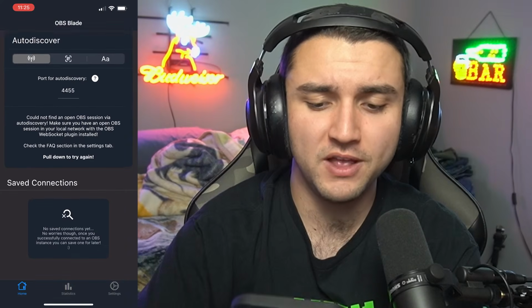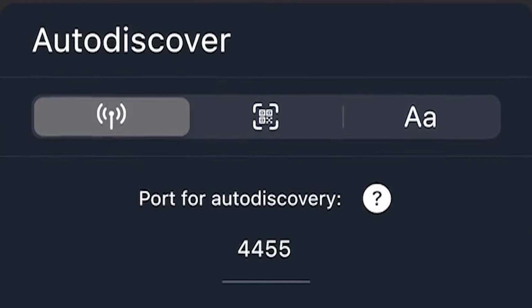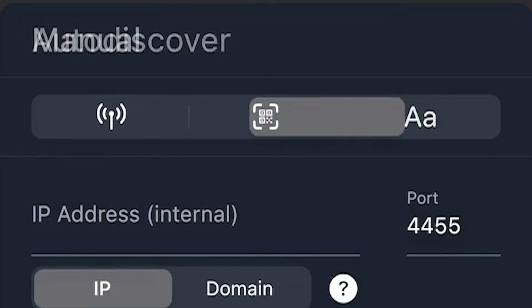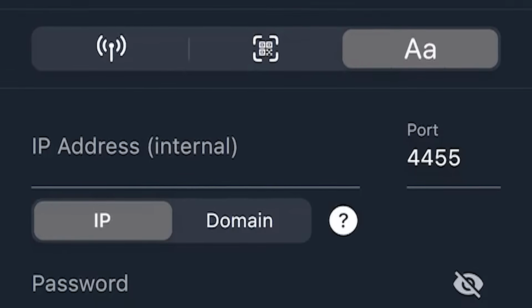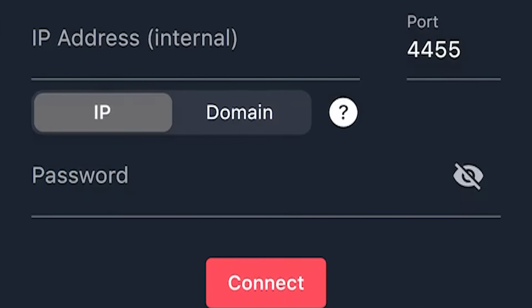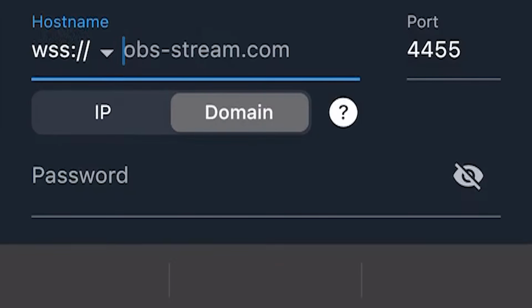We're going to click on start, and we're going to click on allow for it to discover things on our local network, but that's not what we're going to want here. We are then going to go over to the spot that says auto discover right underneath there. It's going to say AA, a capital A and a lowercase a. We're going to click on that, and then we're going to change from IP to domain. And then we're going to tap in the host name box here where it says WSS. We're going to change that to WS